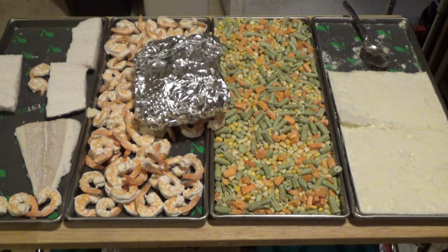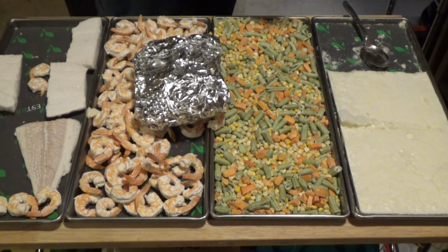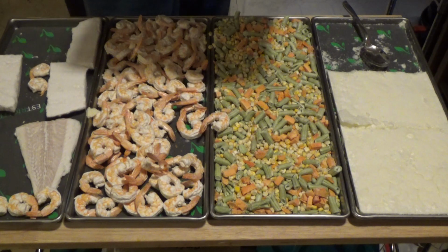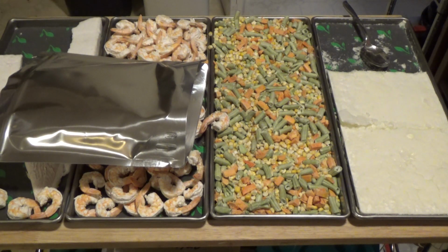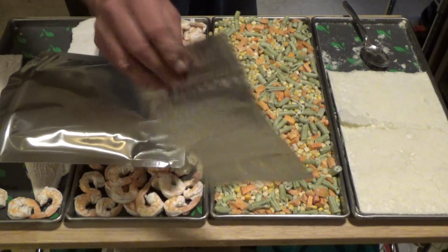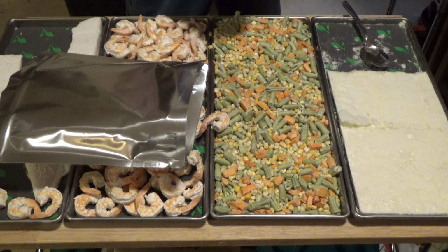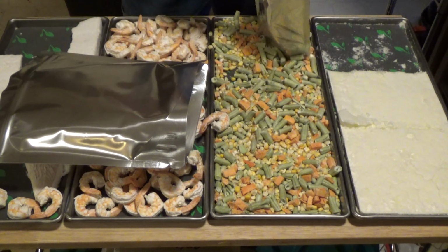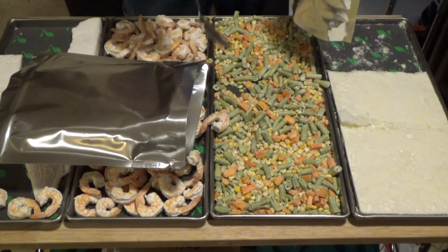And we're going to put it in my gallon Mylar bag. One of these. I'm also going to bag up in a 1-pint bag enough vegetables to go with that. These are just mixed vegetables, sweet corn, carrots, beans,